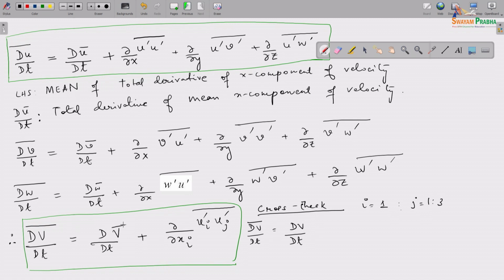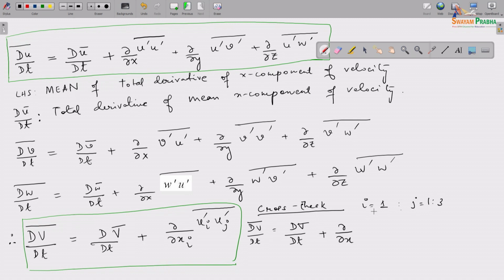Okay, I should have written that there. I was missing out the mean. So, that is that. Okay. Plus, so we will essentially have 3 terms now for the second term, where i is equal to 1, but j goes from 1 to 3. So, what we will have here is,